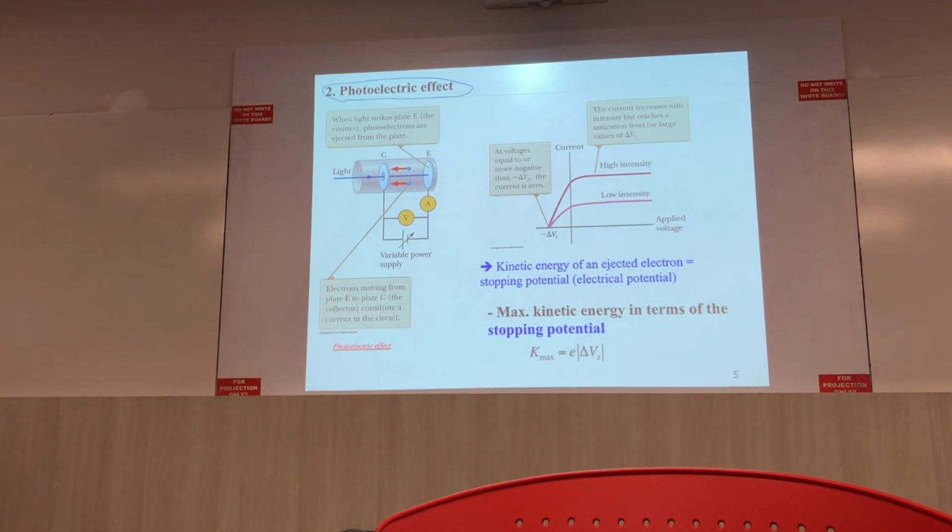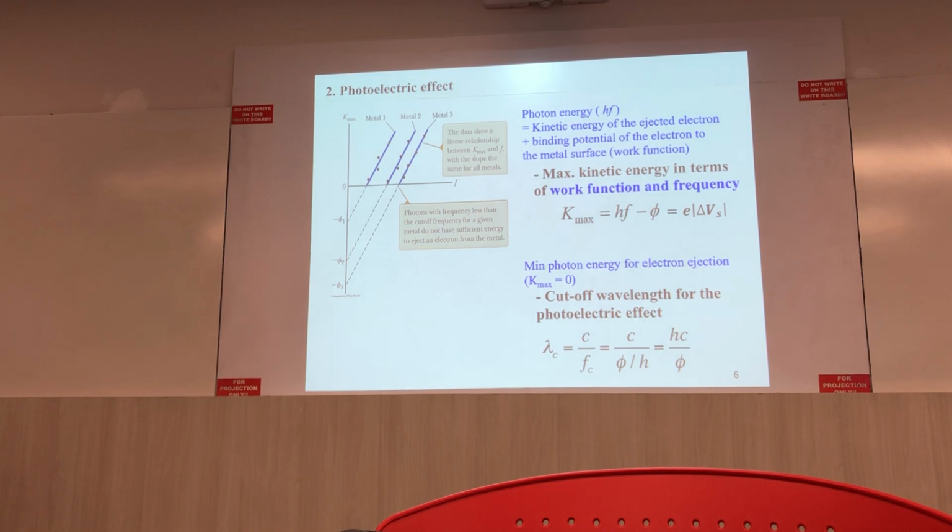So I just explained about this graph, okay? And also the relation between the maximum kinetic energy and the potential energy. And when we make a plot with frequency and maximum kinetic energy, then we found this relation, and at the cutoff, because this kinetic energy